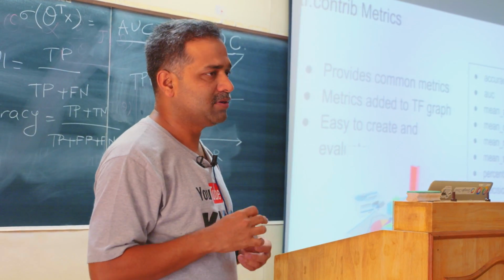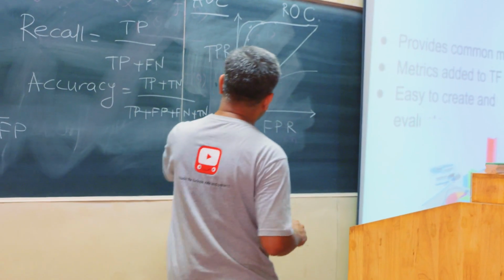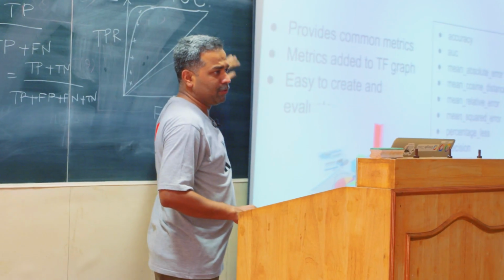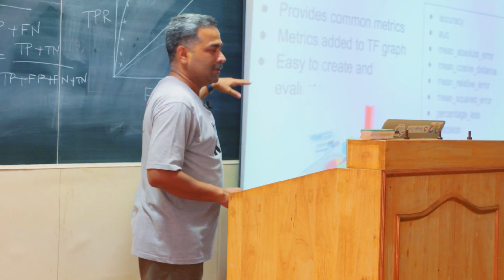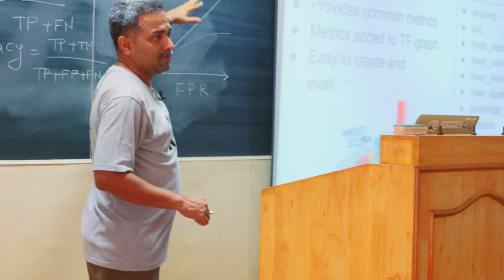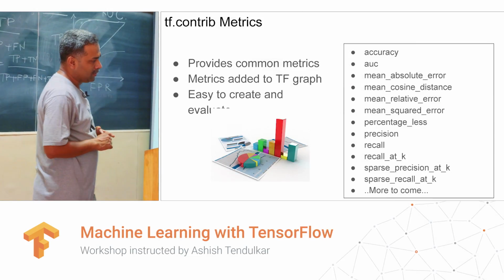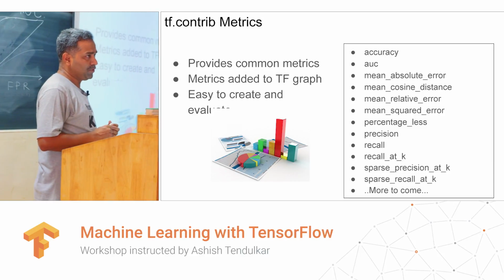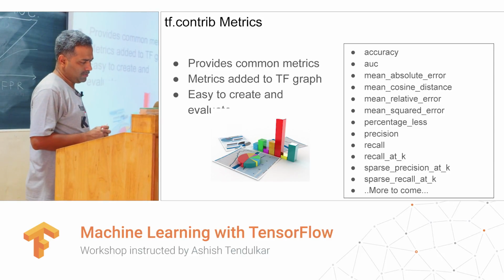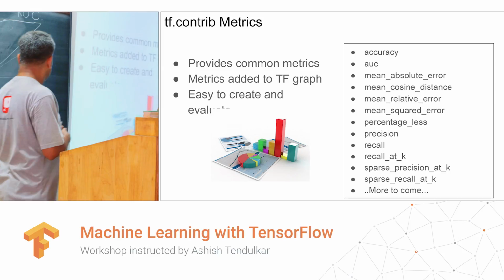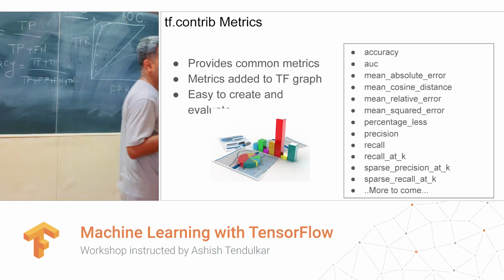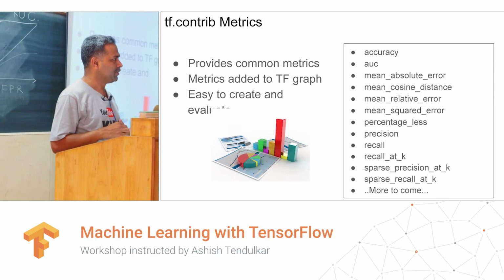An AUC of 1 is the best, right? And for this guy, I get an AUC of 0.5. Anything below 0.5 is bad. So it will be between 0.5 and 1. Closer to 1 is ideal. Okay? So that's AUC for you. All these kinds of measures are already written in TensorFlow. You don't have to write them by hand.